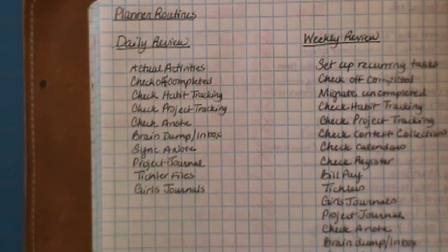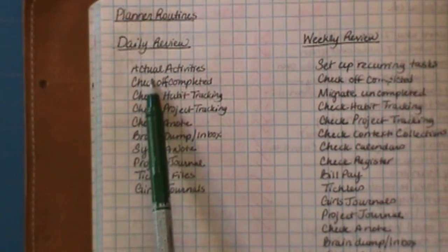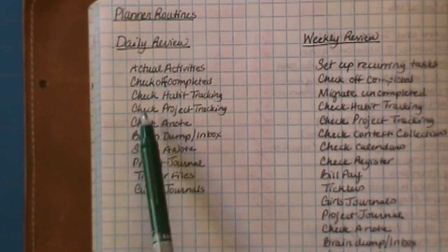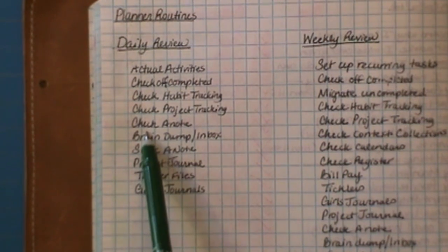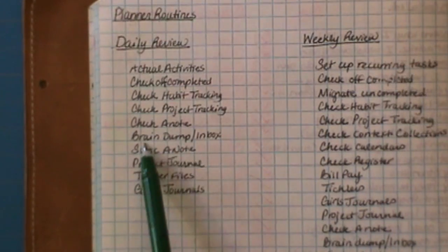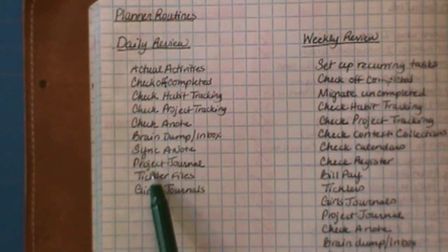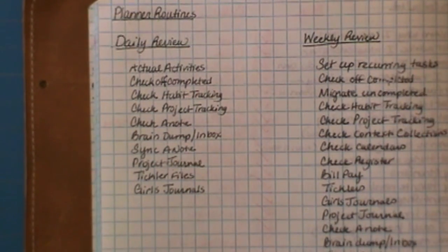routine, my daily routine in the past would entail looking at what I actually did, checking off completed tasks, checking my habit tracking, checking project tracking, checking my Ano app on my iPad, brain dump, syncing Ano, looking at my project journal, looking at my tickler files, and looking at my girls' journals. Right now,